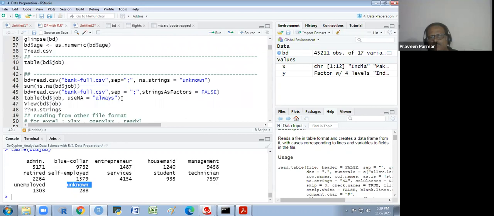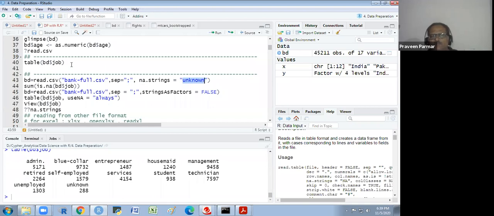So what I will do is read the file again. read.csv, bank full. It would be better if I adjust this during the reading of the file, so it is adjusted in the whole data. I could also do it separately. So with na.strings, wherever the data entry operator has mentioned unknown, it should convert to NA.